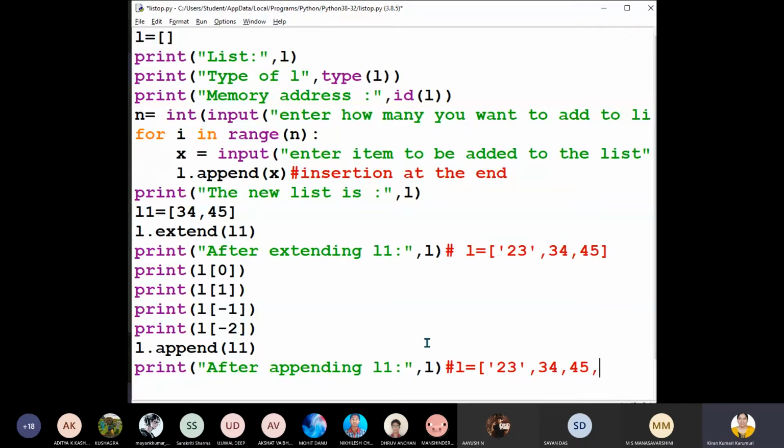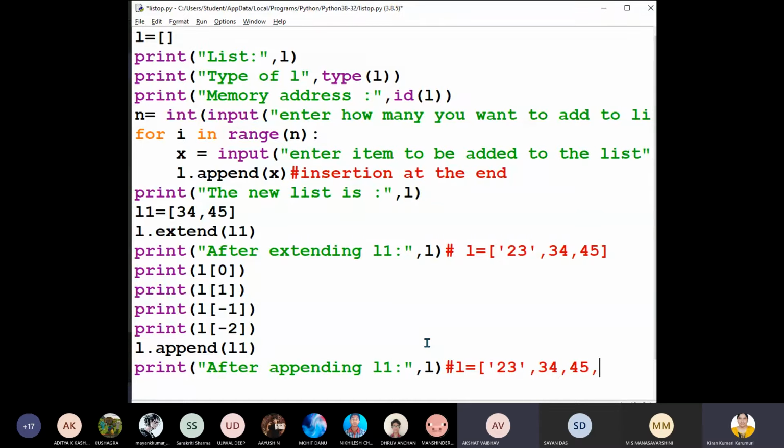What will come after 44? Akshat, unmute yourselves, Akshat. Now you tell me what will be added here. The result of append, we showed you, no.